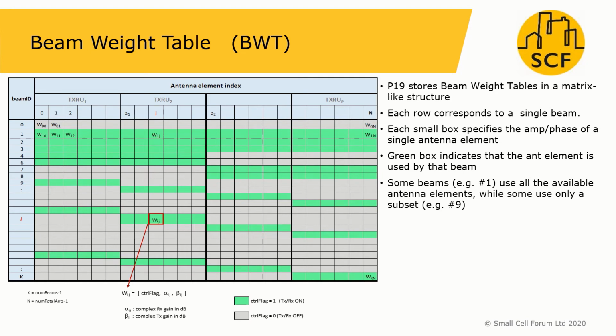In this picture, we assume that the analog beamforming unit has n antenna elements whose amplitude and phases are represented by the complex variable Wij, which is highlighted in the red box. Boxes in green color indicate an antenna element that is used by the beam, while conversely, a gray box indicates an antenna element that is not used by that beam. Beams are not required to use all antenna resources. For instance, beam ID number 4 utilizes only half of the n antenna elements, while beam ID 1 uses all